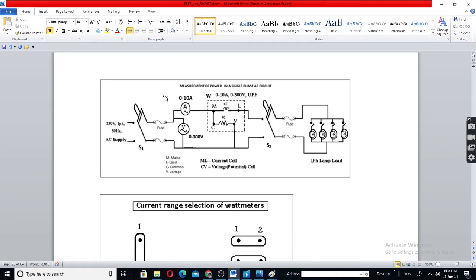Now, a wattmeter will have two coils. In the ammeter we write just A, and for the voltmeter we write just V. We don't show the coil there because there is only one coil, so there is no confusion. But when you write the wattmeter, you write W, and then you write M, L, C, V, CC, current coil and potential coil. Both are shown there